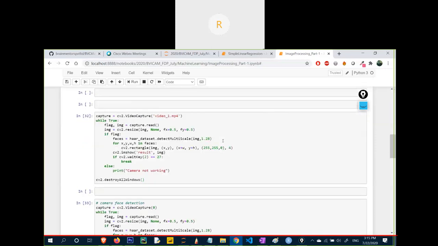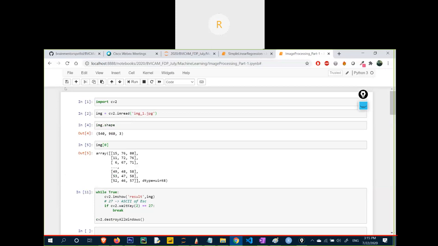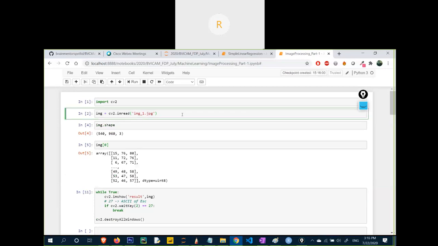So basically this was the introduction to our image processing, how to do image processing using Python. 1.2 means 20% scaling of the image. By default it is 1.0, which means 100%. 1.1 means 110%. 1.2 means 120%.